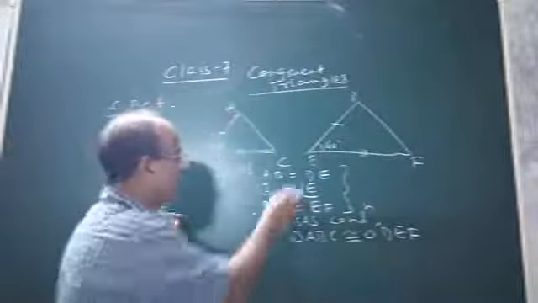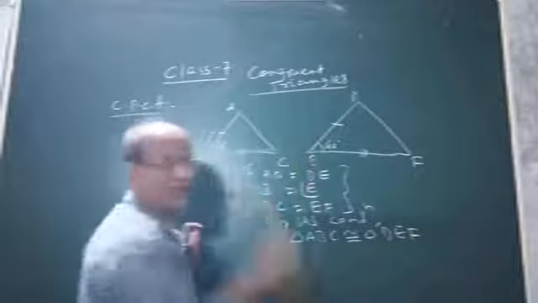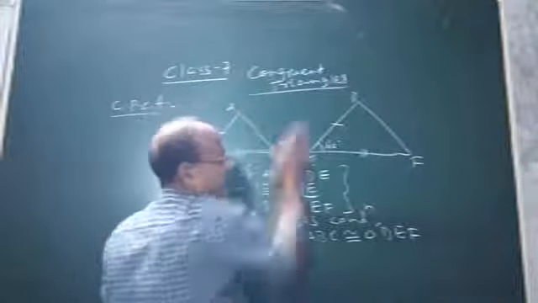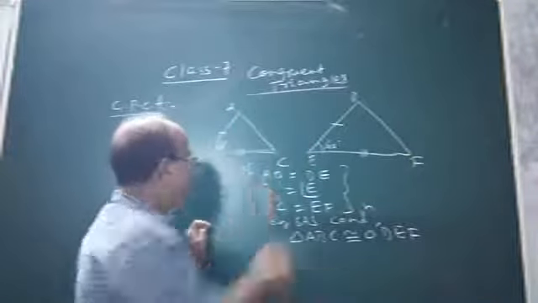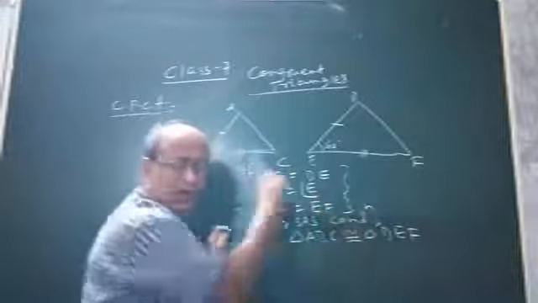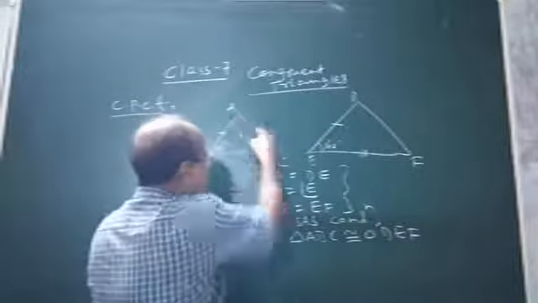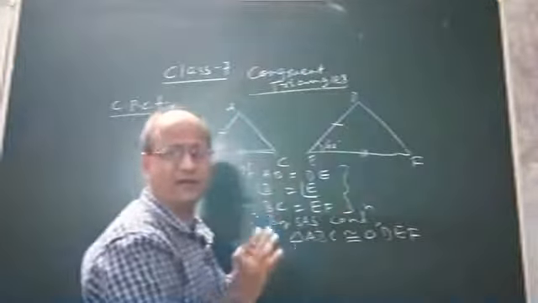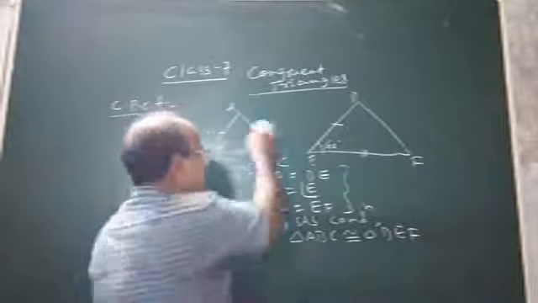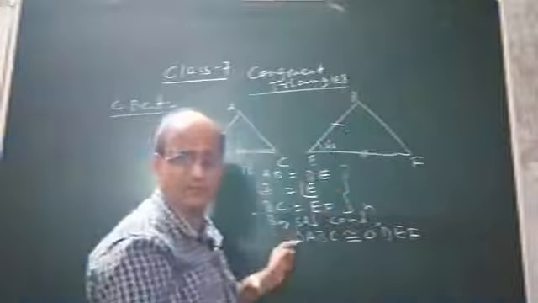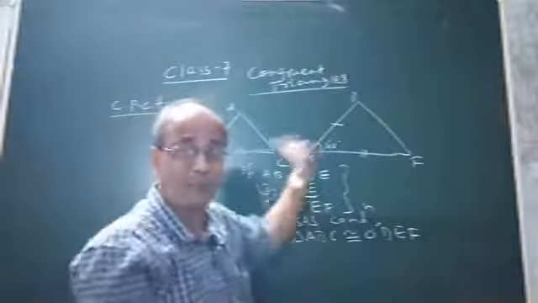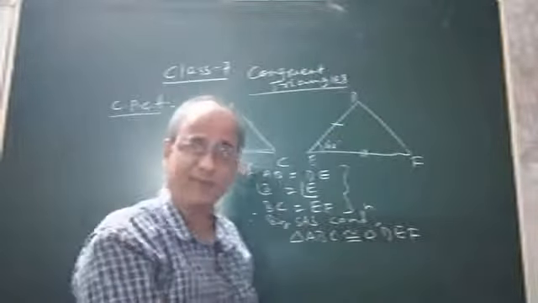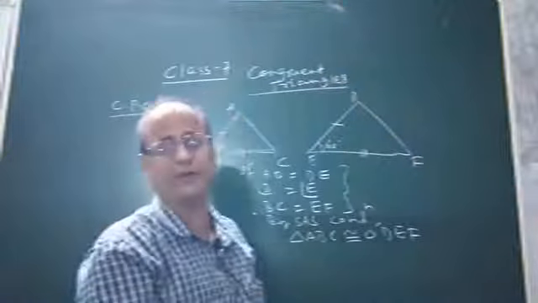That means after this triangle and this triangle became congruent by SAS condition or any other condition, angle A and angle D are left and they form one pair of corresponding angles. Angle C and angle F are left, they also form another pair of corresponding angles. Then AC and DF are left, and they form one pair of corresponding sides. So what will happen if this triangle and this triangle are congruent by SAS condition or any other condition? These corresponding parts, I mean corresponding sides and angles which are left, will also automatically become equal.